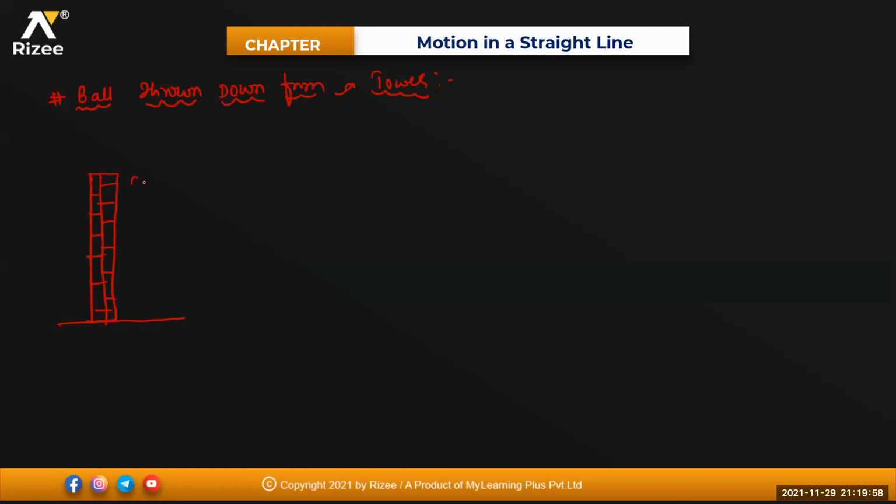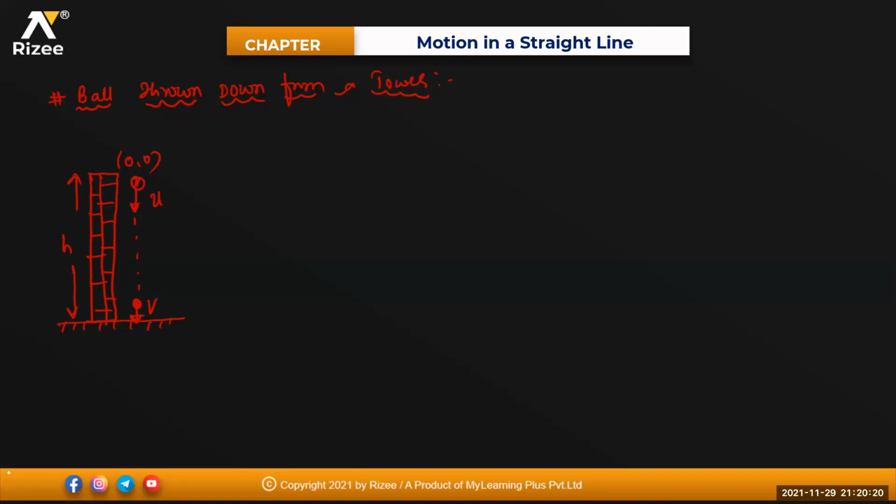Okay. Now from here this body has been thrown. Thrown means what, beta? It has some initial velocity. These are the coordinates 0, 0. And the height of the tower is equal to h, something like this here. And by the time it reaches the ground, it hits the ground with a certain velocity v.